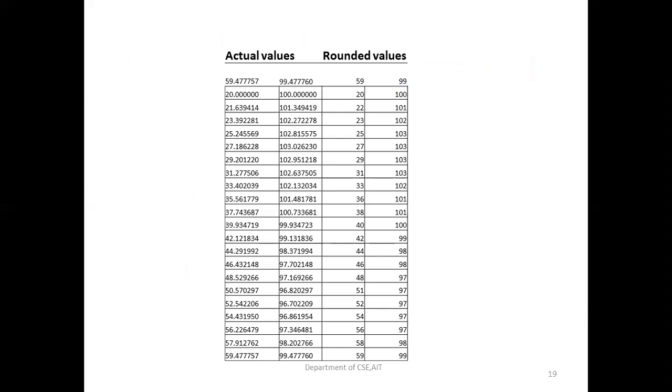These are the actual values that will be generated when you go for the curve. 20 values will be there. Why 20? Because we are using a line strip of size 20. But pixels cannot be drawn for a floating number, so we convert the actual values to rounded values, and these pixels will be used for drawing the line strip. When you join all these lines, it will form a curve. So this is one curve.